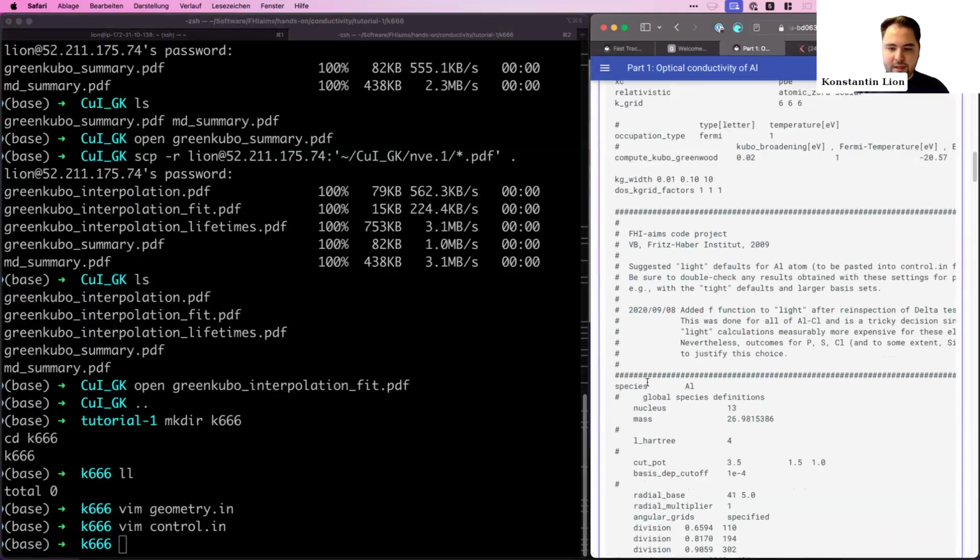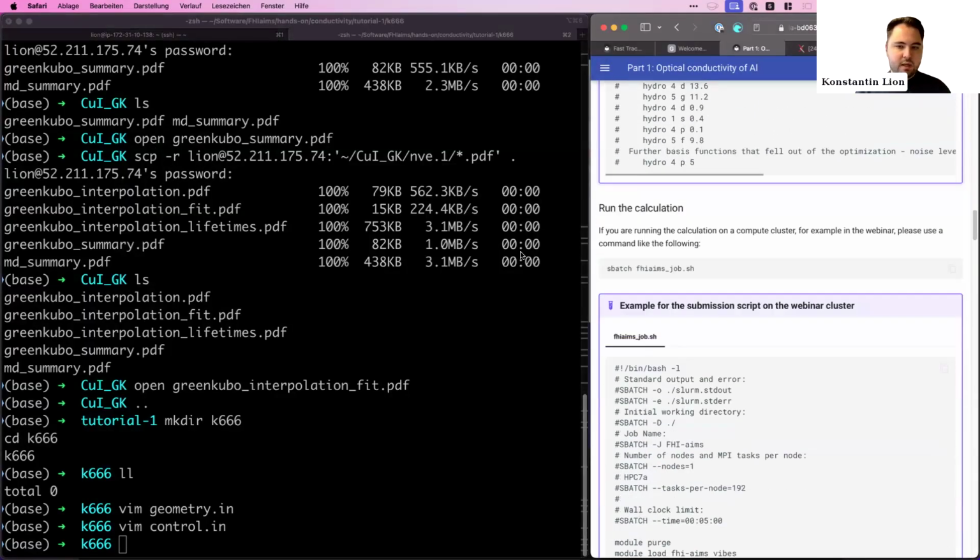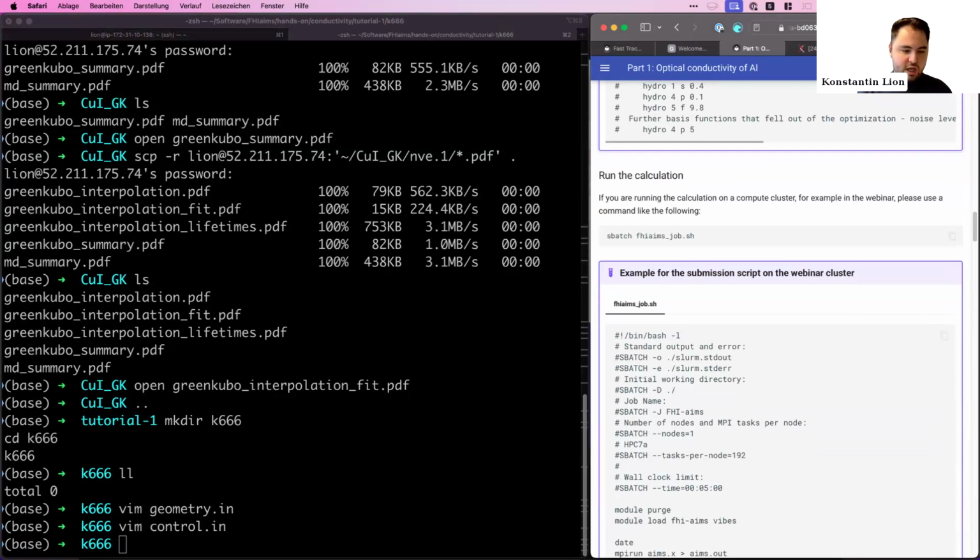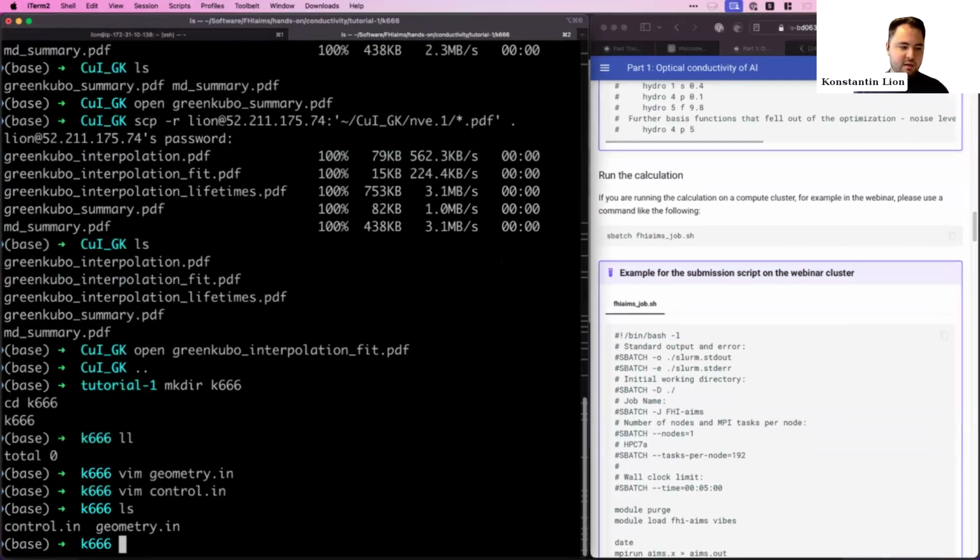So you have your control file. Now, what do you need to do? For FHI-aims, you only really need two input files. It's the control file, which controls all the computation parameters of the calculation, and you have the geometry file, which controls what kind of system you are simulating. What you need on the cluster, of course, now is the